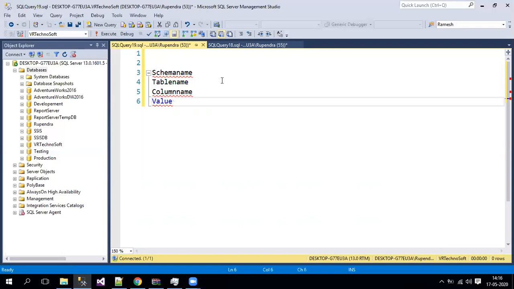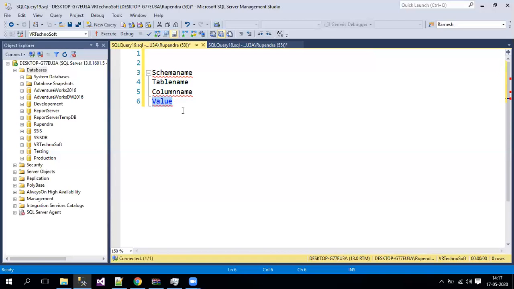It can be a single value, it can be multiple, whatever it is. Based upon these input values, I just need to retrieve the data. So this is my requirement. As my schema name, table name and column name values are passed dynamically, definitely we need to write a dynamic SQL here. There is no other way to write it.